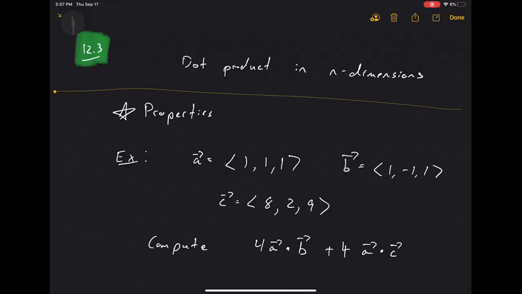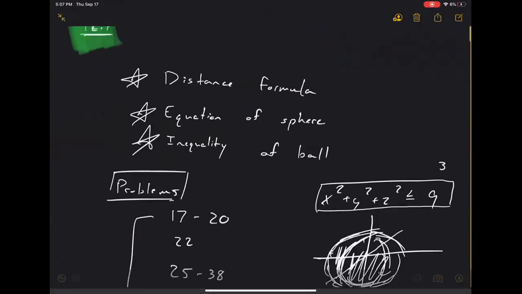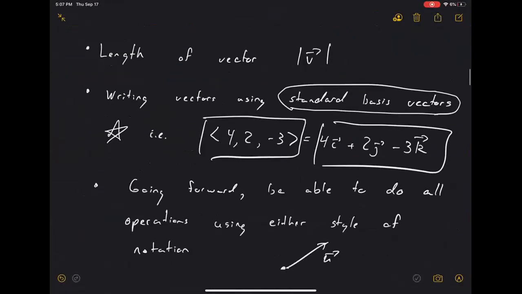The one exception I would say is cross product. Cross product, you're pretty much only going to see in R3. It gets hairy if you do higher dimensions. So don't worry about cross product, but for things like dot product,